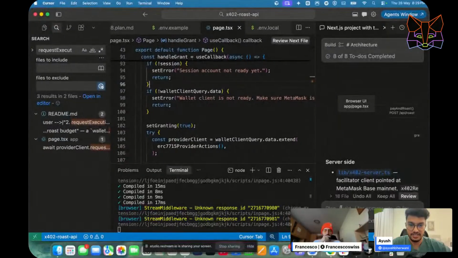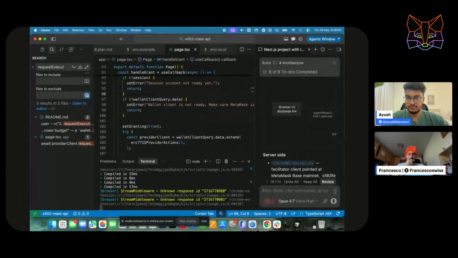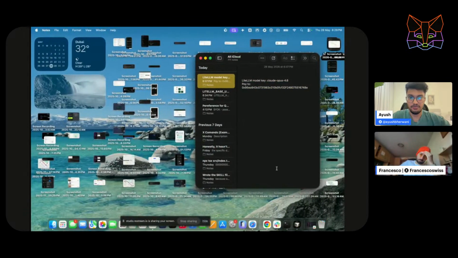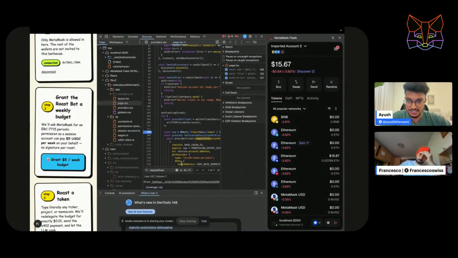Let's ask our friend to debug. Hopefully it will work. Let's see. The one thing I don't like about vibe coding is this, because you don't know what it has written and it takes time to figure out.